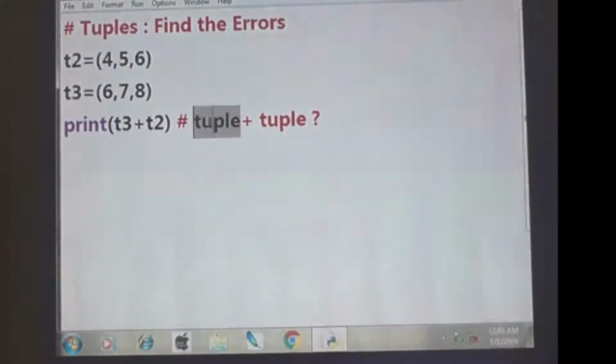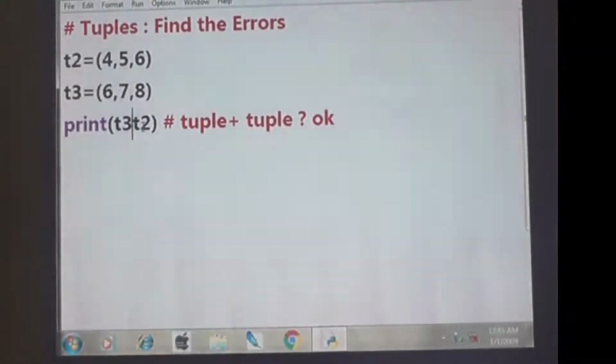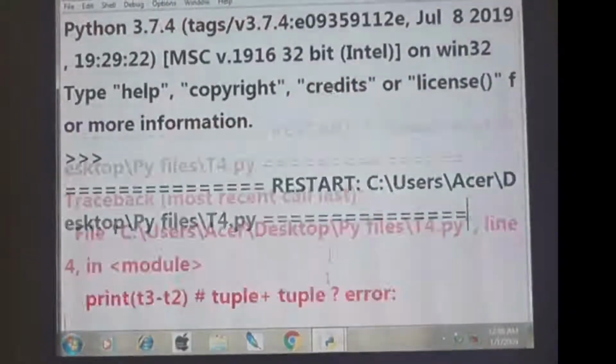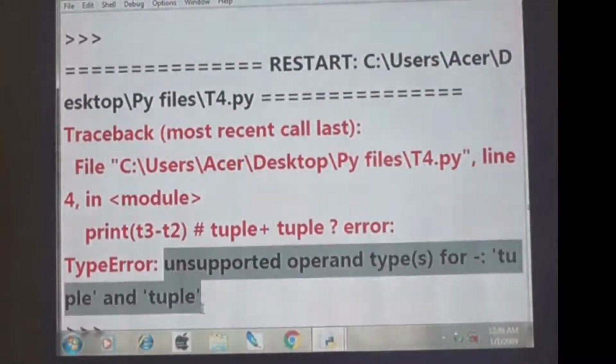So tuple and tuple can be added. No problem. But if you give tuple minus tuple, this is an error. Unsupported operand will come. Understand? So please make a note.